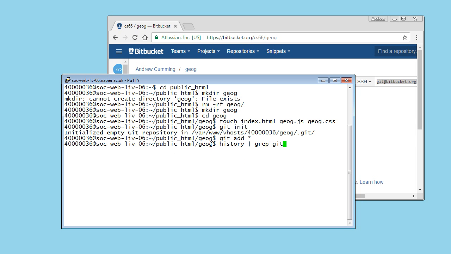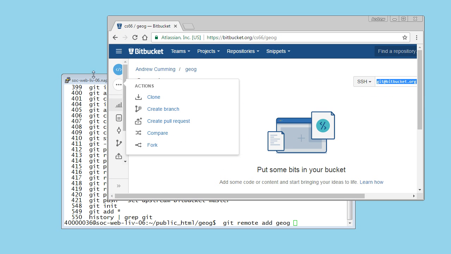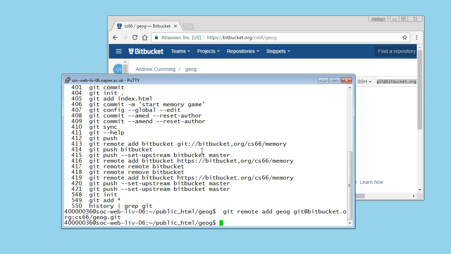So if I grep git, what is it? Set upstream Bitbucket master. Okay, I think this is the one here. So I want to git remote add. Geog is the name that I want to give it, and the address that I just got here, copy that and right click to paste. That looks right. Let's try that. Okay, now I should be able to